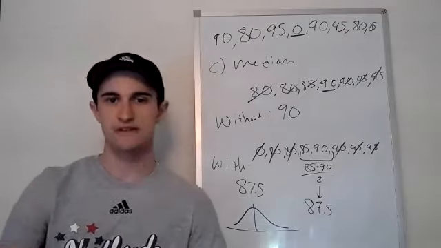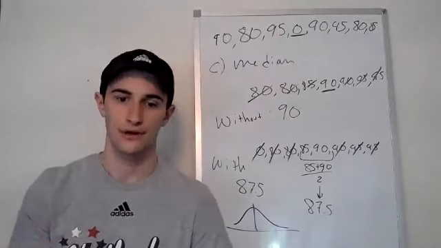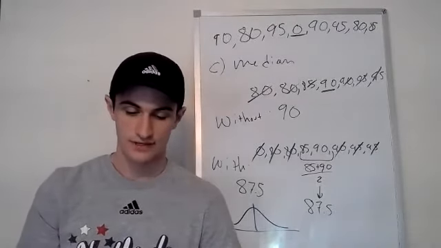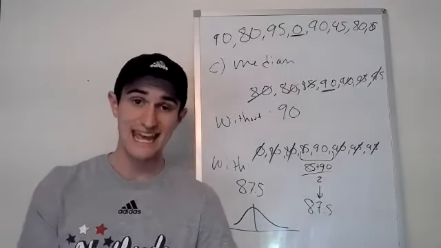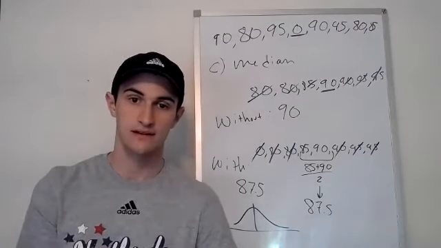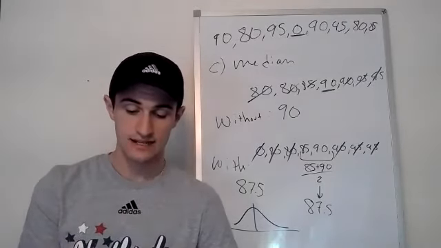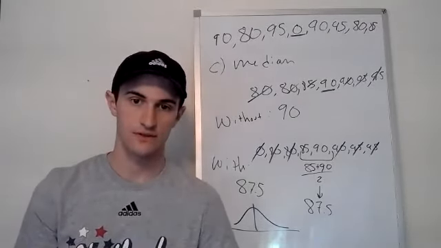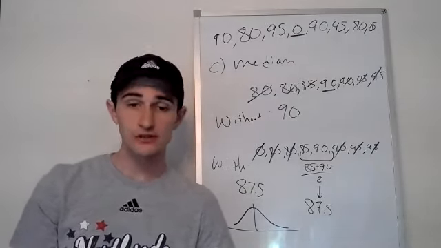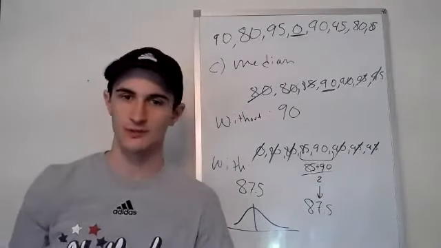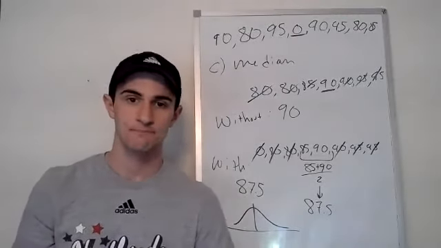And actually, at the top of the next sheet, it talks about something we can remember. An outlier can affect which measure of center best describes the data set. In general, when it contains an outlier, you're going to want to use the median. If it contains an outlier, the median is a better measure of center than the mean. So you're including the 0, but the way you're including it is a little bit different, and it doesn't have as much weight on the actual outcome with the median.